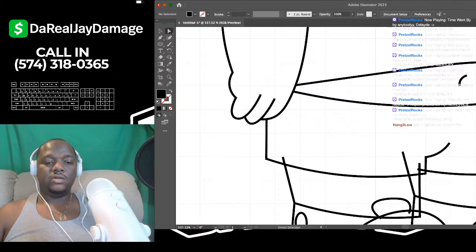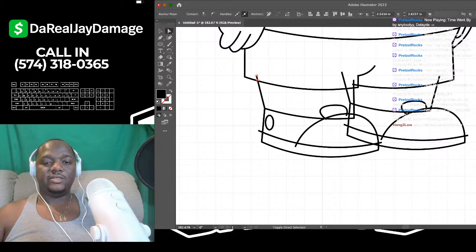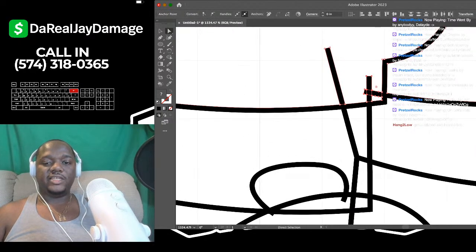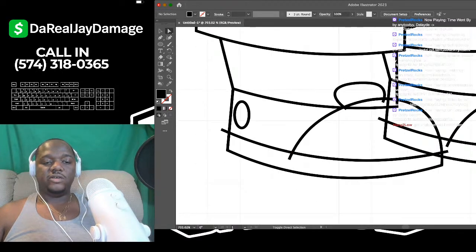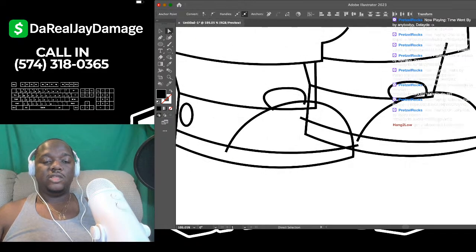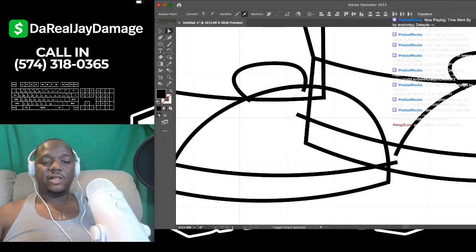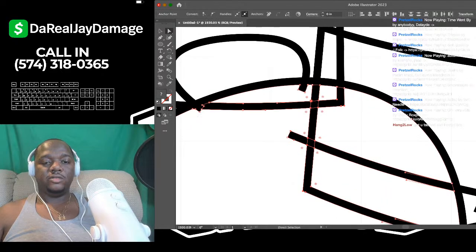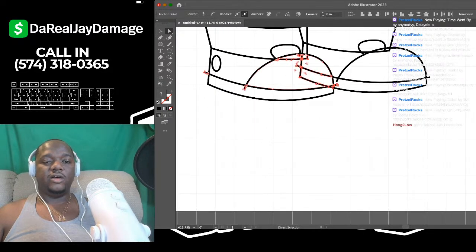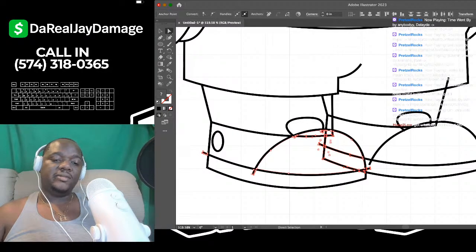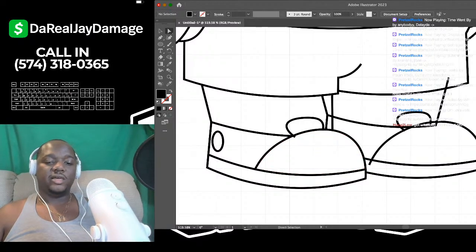As you can see, we're just doing our clean lines. Let's get rid of all those excess lines. In order to get rid of those excess lines, all you have to do is hold shift and make sure you're on your white selection tool, not the black one. The white one is called the direct selection tool. If you hover your mouse over it, you'll see direct selection tool. Then what I want you to do is hold shift and start clicking on everything you want to get rid of. Start clicking on all those excess lines. And then once you have them selected, just keep hitting delete till they're all gone. Just like that.